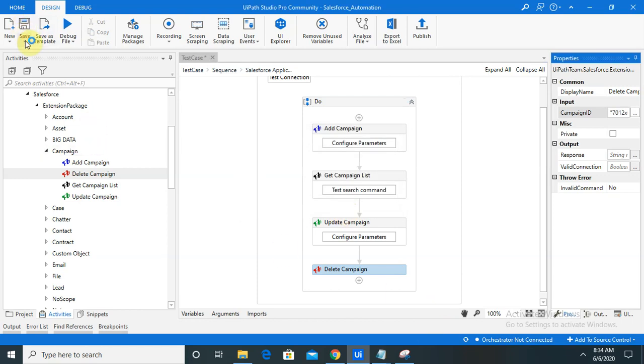After saving all the code, just save this and run the command. Your campaign will be deleted from your account.